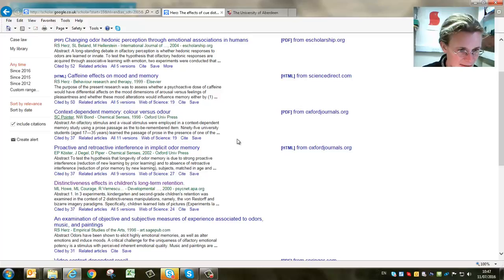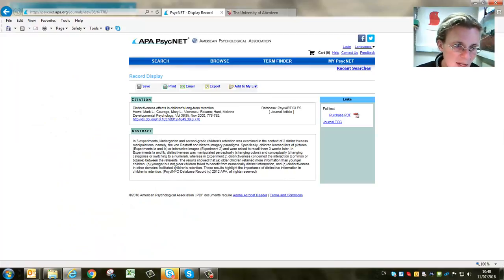So there's one here that doesn't have a PDF. Distinctiveness effects in children's long-term retention. So that's obviously an article about olfactory memory in children, and it doesn't have a PDF link. But don't worry, there is a way. Let's first of all see, so we click on it, it wants you to purchase it, wants you to buy it, but you don't have to. There is a solution,